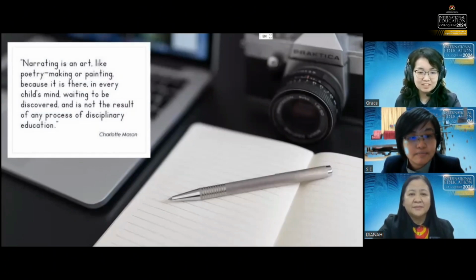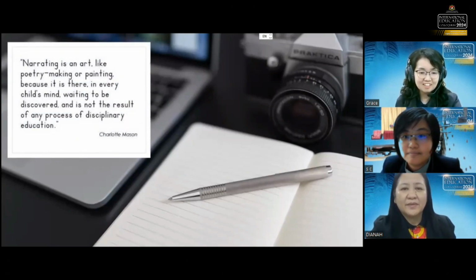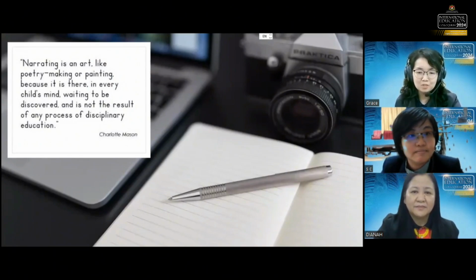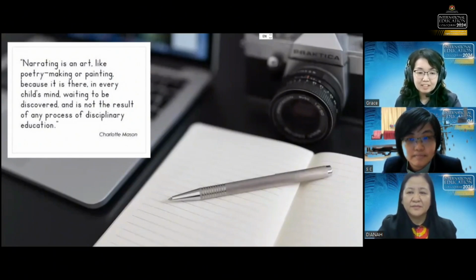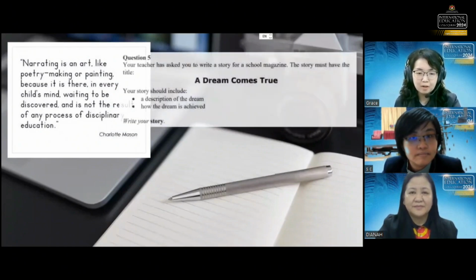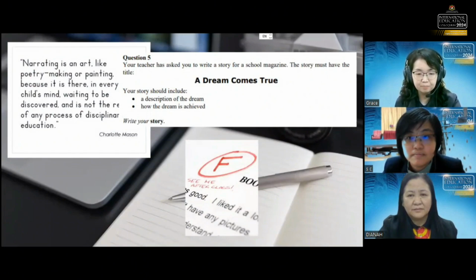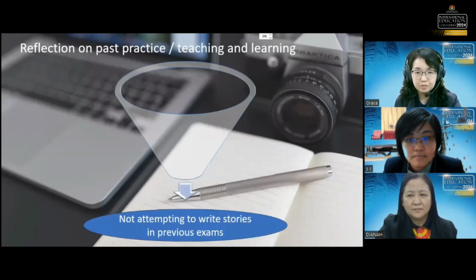Firstly, why did we choose this topic? Story writing is an art and one of the most important genres of writing in language learning. It is also one of the question options for Part 3 in the SPM English Language Paper 2. However, students with lower language proficiency often avoid this question as they feel that by doing so, they would be unable to score high marks in the examinations. In order to foster students' creativity and develop a better understanding of the English language through story writing, we need to give a boost of motivation to these students.